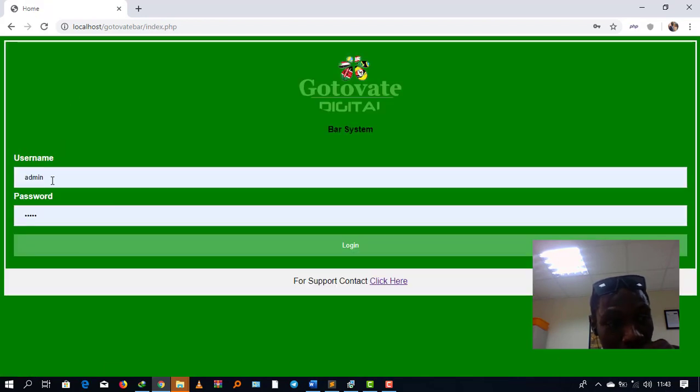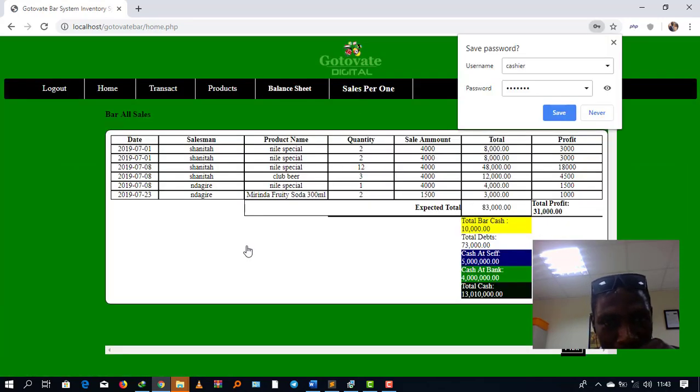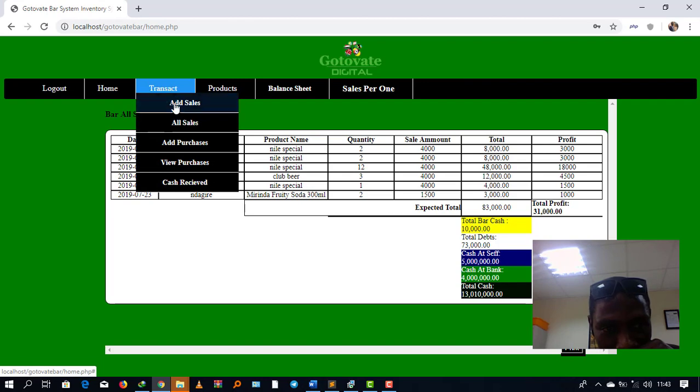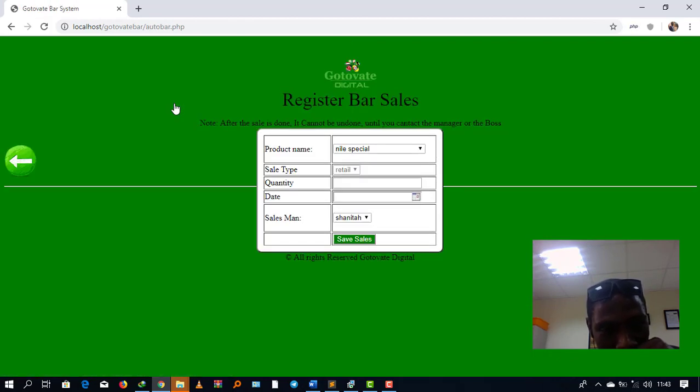So now we go to the section of the sales. Now we start making some money. Cashier, as the details we created there inside the system users. So we log in as the cashier. The cashier can just handle different aspects of the system. Let's say he can add sales, as these waiters and waitresses are taking the product. Let's say